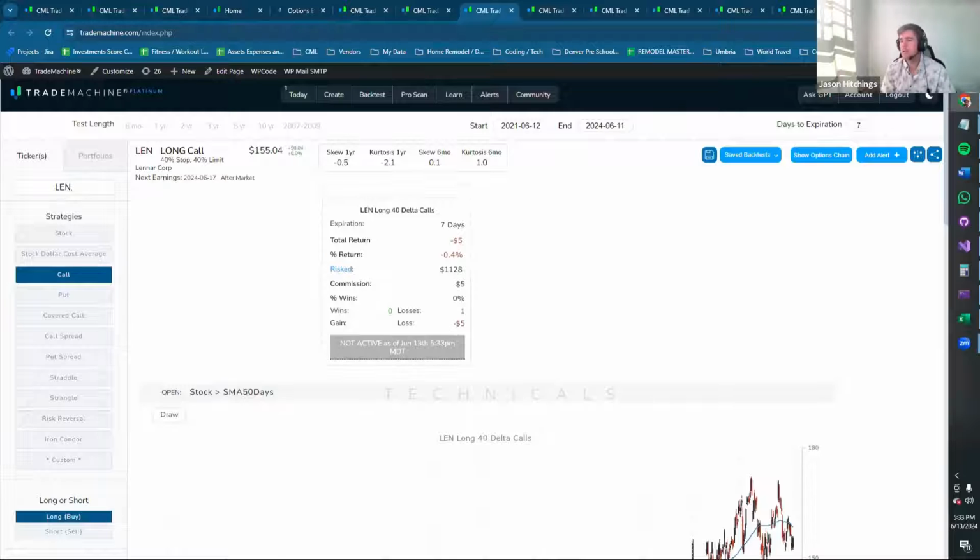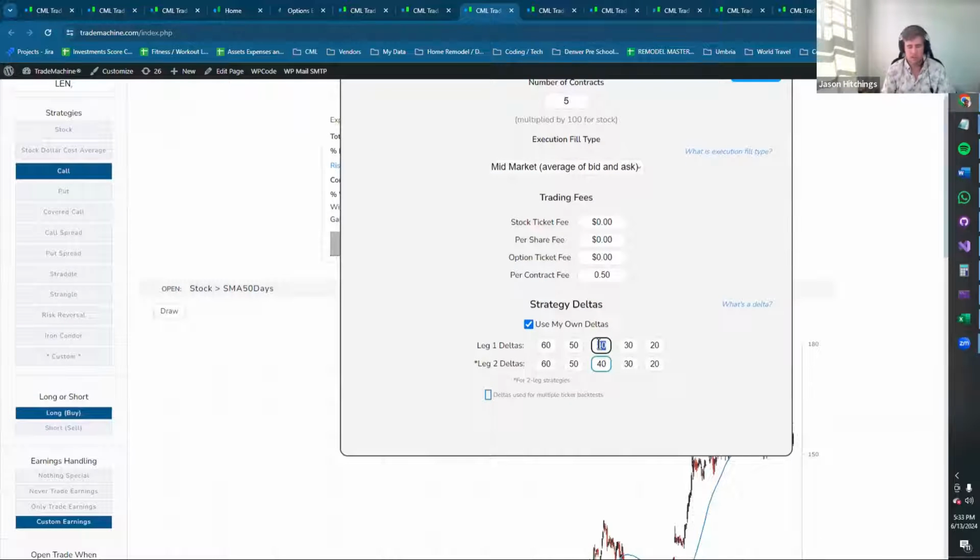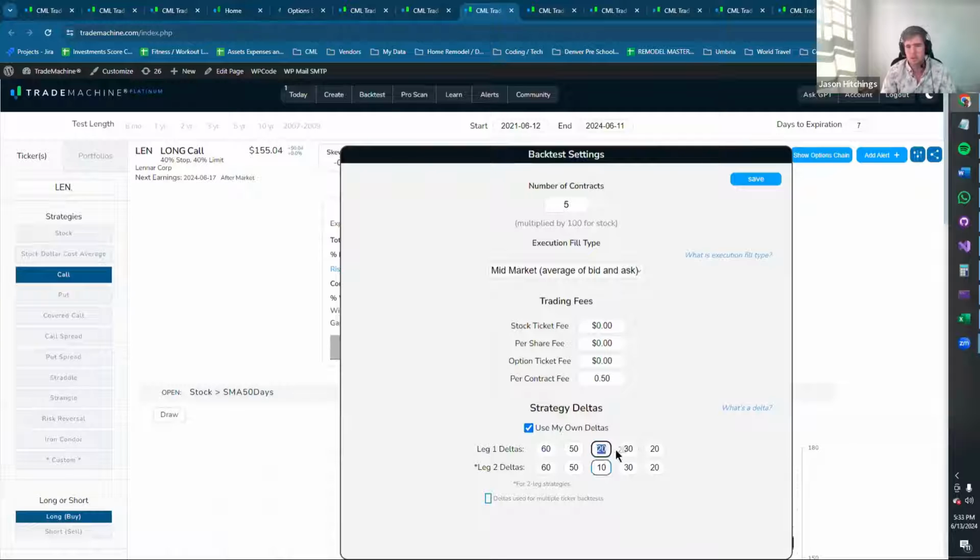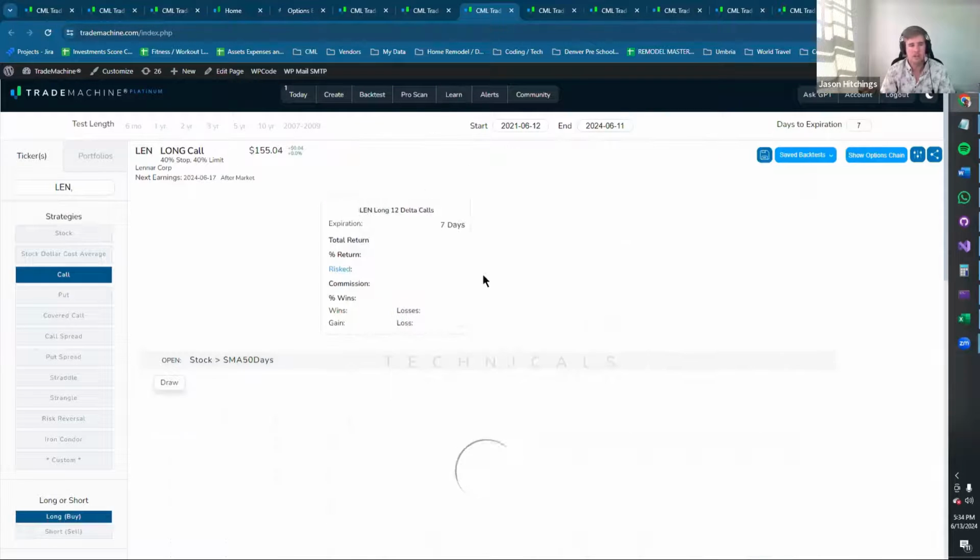Okay, more questions coming in, which is great. Steve asks, how do you do lower? I target 12 as an example. Yeah, so if you want to do a 20-10 put spread, for instance, you can put it in there. You can do a 5-1 if there's enough liquidity. Now, if you don't have enough strikes, it's going to tell you, hey, I couldn't fill that because there's not a 1 delta, there's only a 4 delta, and it's the same one for both. Sometimes if you try to play these a little too close, it might not like it. But yeah, you can do a 12 and 20 or whatever you want. You can get as customized as you want.